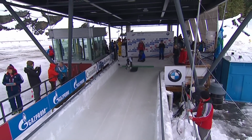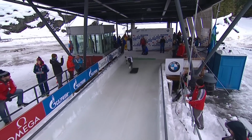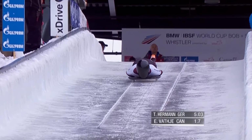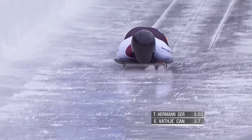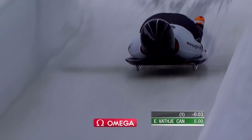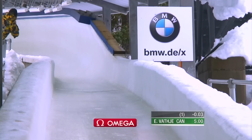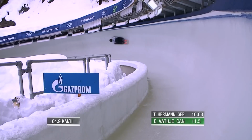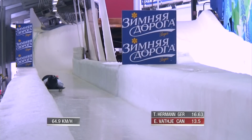Bronze medalist in last year's World Championships in Winterberg in Germany. She's had a little bit of an off year to date. 13th, 9th, 9th, 12th, and 6th last week. So she had her best finish of the season last week. Good start, but boy, she's gonna have to stay within Tina Herman here, 10 hundredths at the top, because Tina